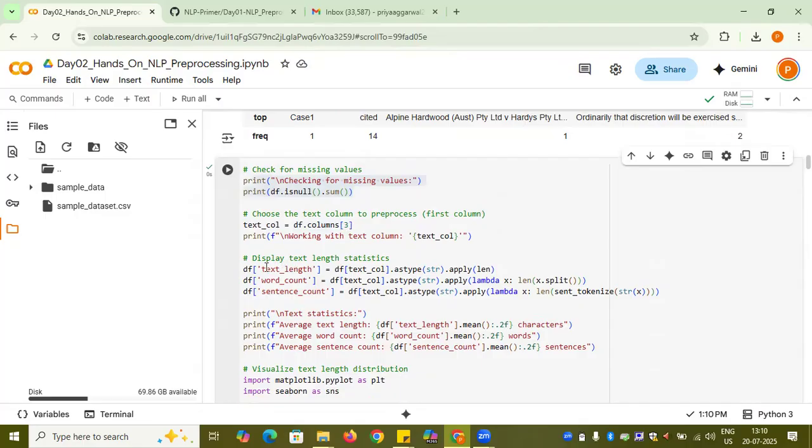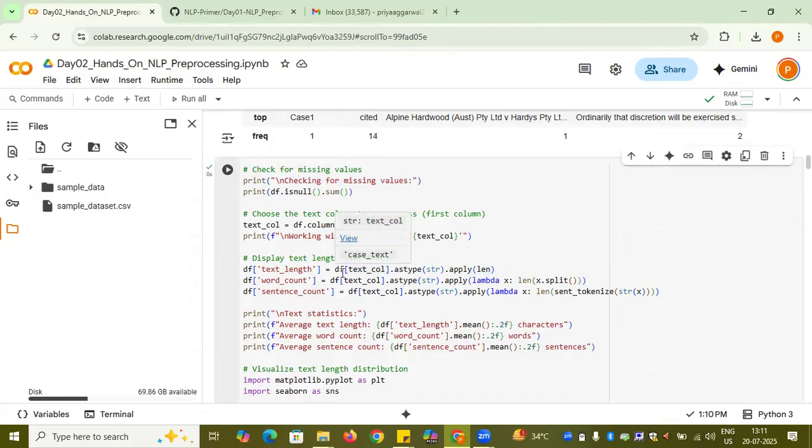Now, in this text, I am trying to do some statistics with the case text. So let's say df[text column] is there. Text column is nothing but my case text. And then I want to see the length of each and every text. First of all, I need to convert it into string using .astype(str), and then .apply is one of the functions, so .apply(len). In a way, for each and every row, there are 24 rows, it will print out the length and save it in another column, which is the text length.